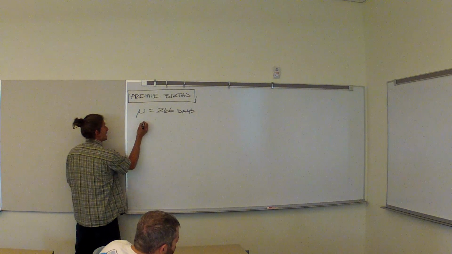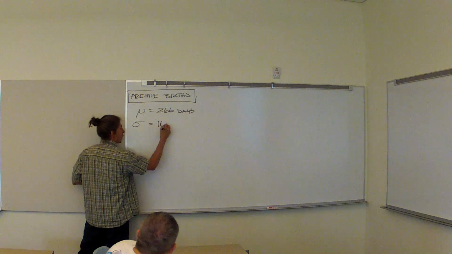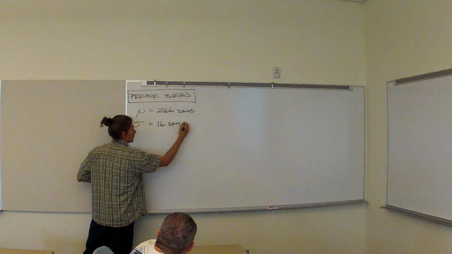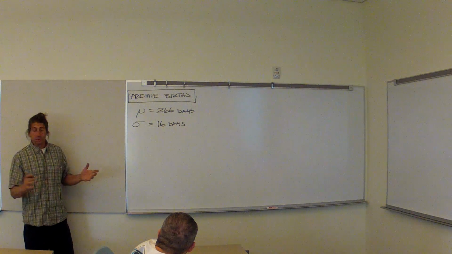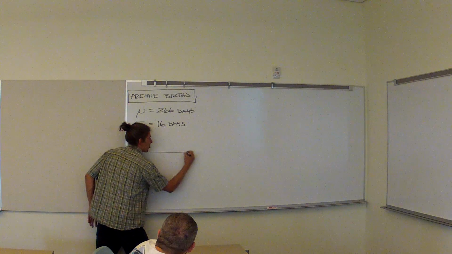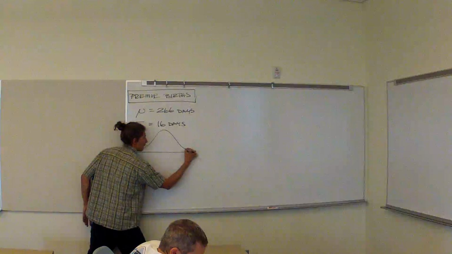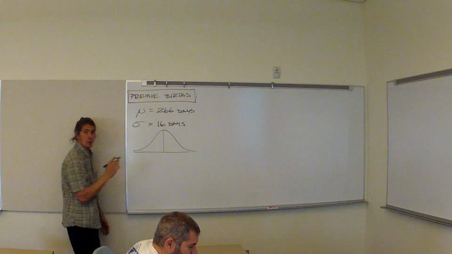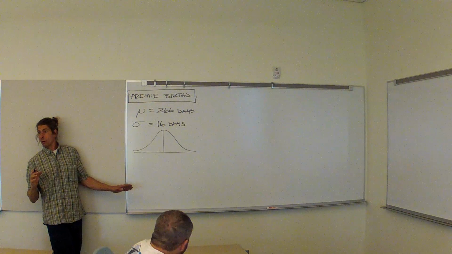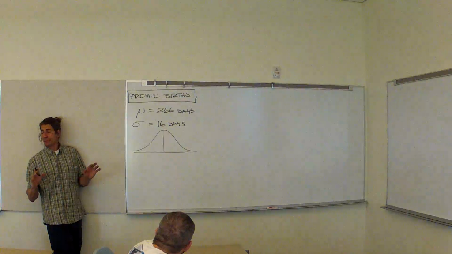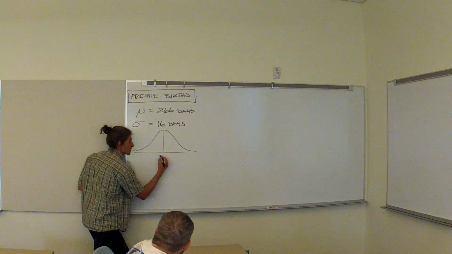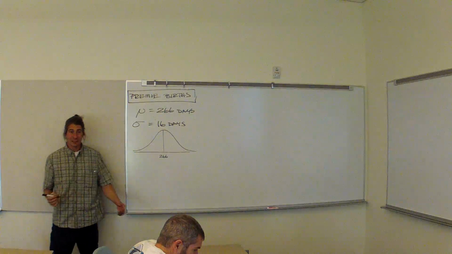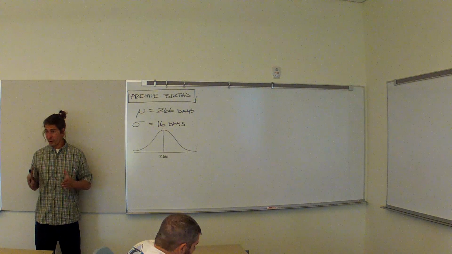Plus or minus 16, which is wide. That's wide. That's like 2+ weeks, right? That's wide. So, if we draw a quick curve, and the TI will draw this for us, this is the birth, or this is the human gestation curve. 266 is in the middle. And we know if we go out 16 days,